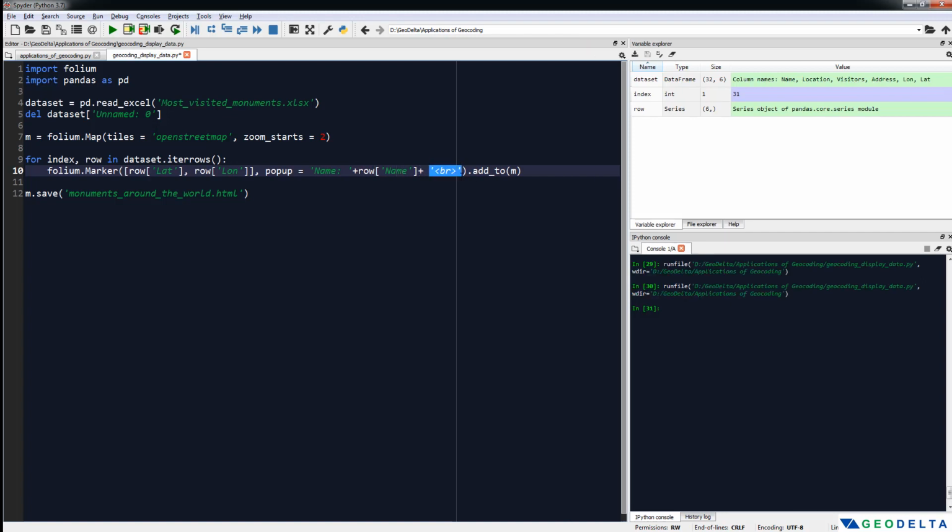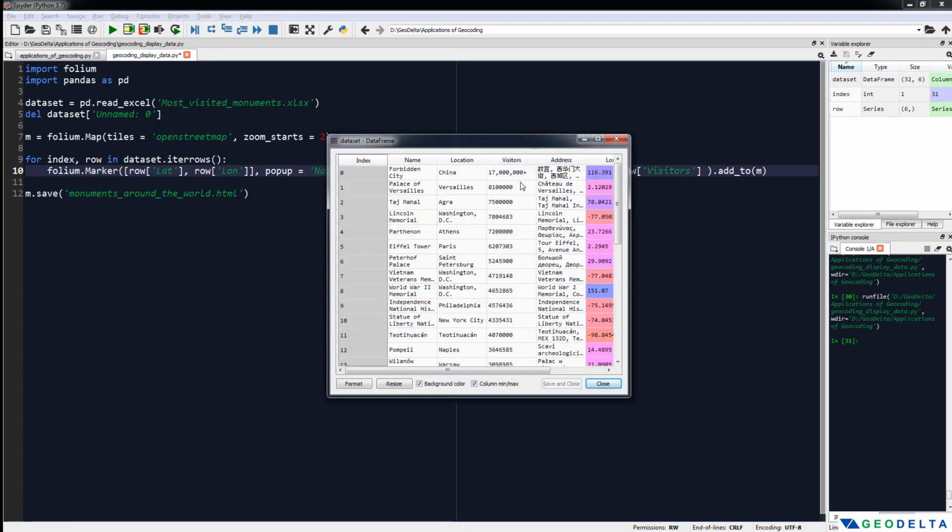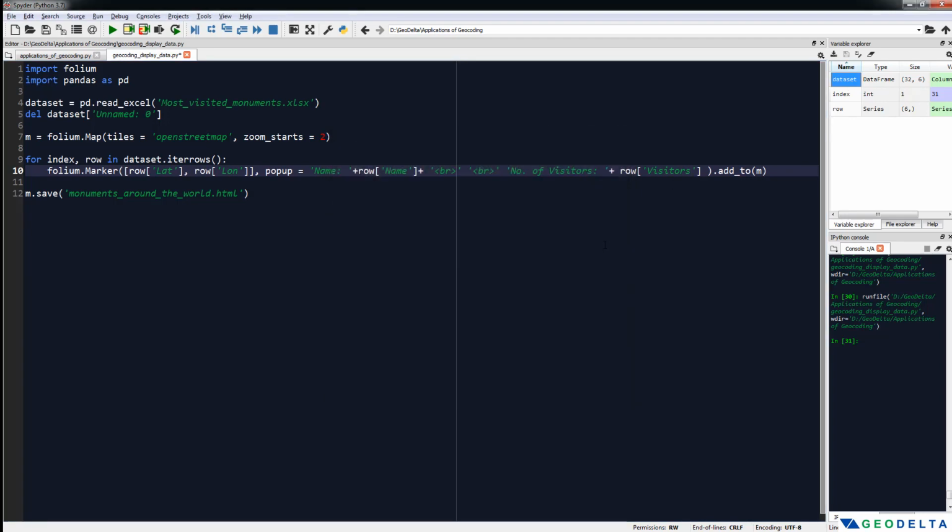This is a special argument that you can use to jump a row. That's this information. So you can run this command again,